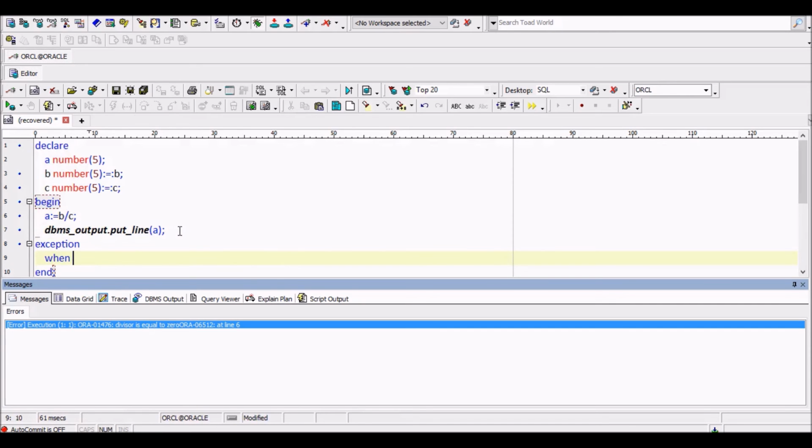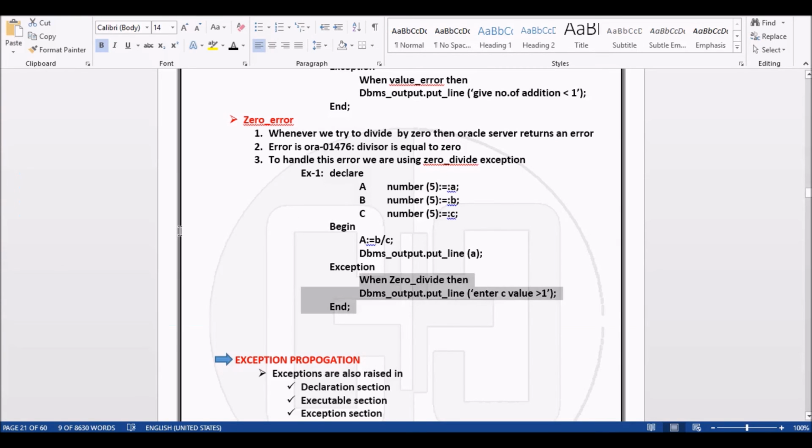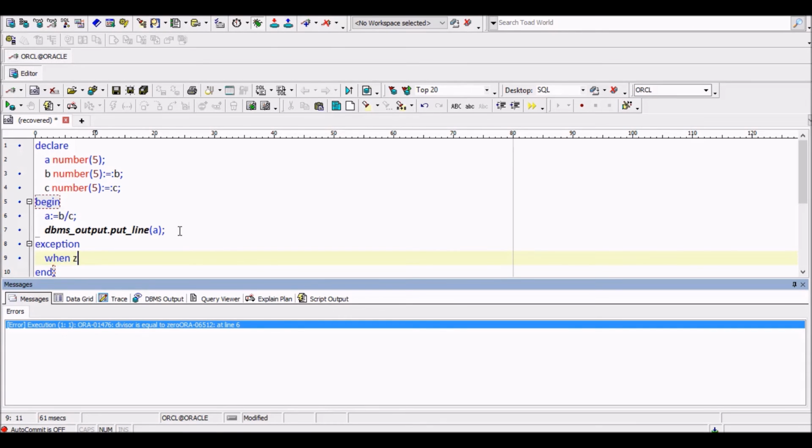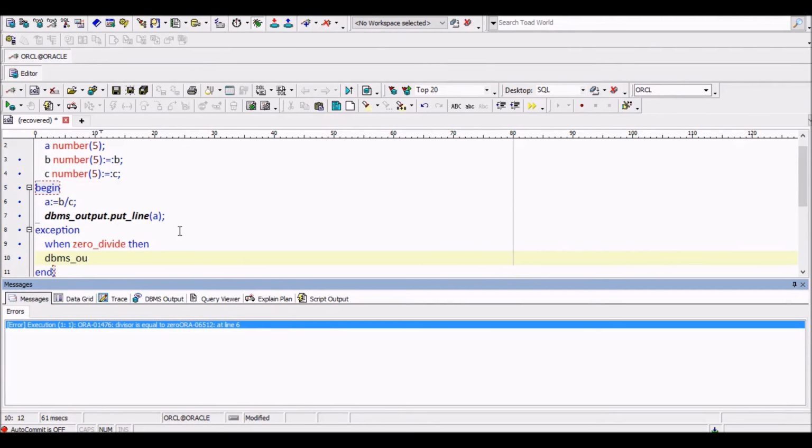So when ZERO_DIVIDE, then dbms_output.put_line. So what we want to say is, don't use 0 in the divisor.